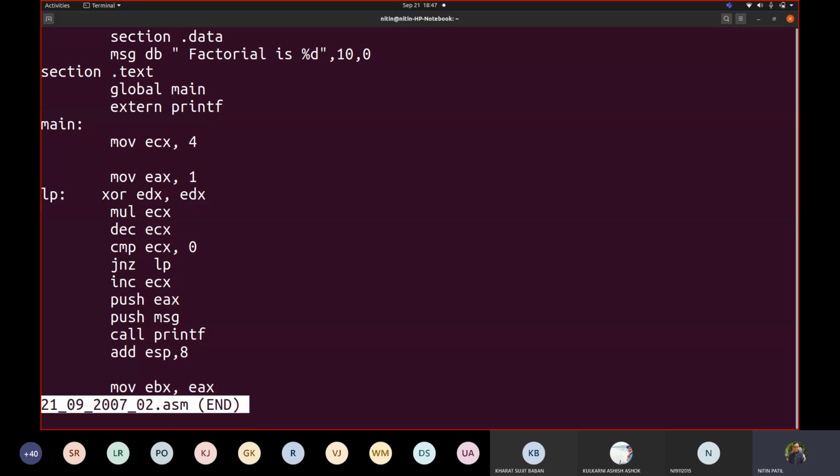In the WhatsApp group I am adding this answer of factorial code, so that you can refer this.